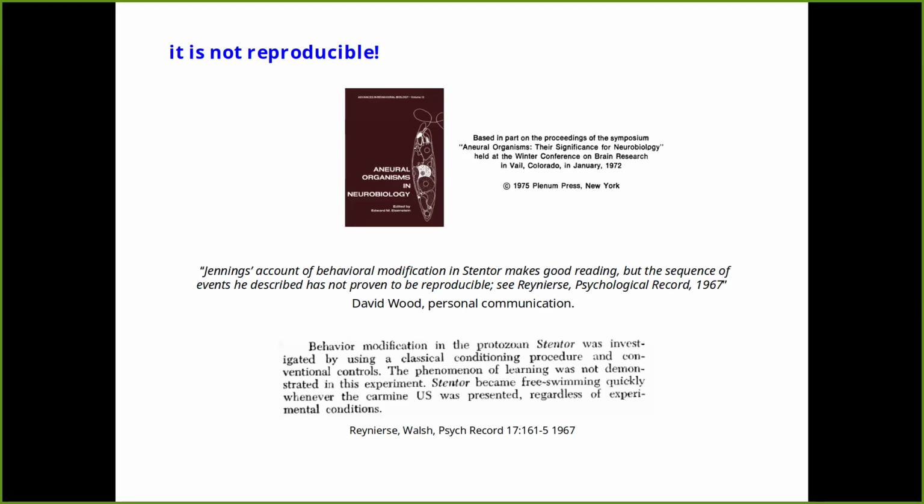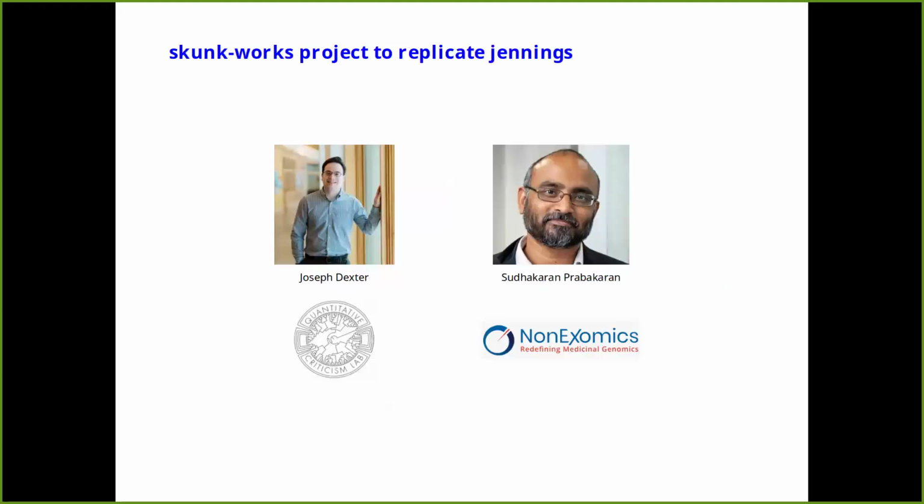Okay, well, I was definitely not happy with this, and I think I made a real nuisance of myself in group meetings, trying to persuade people in the lab that we really needed to go back and do Jennings's experiments again. And I have to say this went down like a lead balloon because most of the people in the lab want to do molecular biology, not stare down the microscope and do kind of 19th century natural history. Or they wanted to make mathematical models of cells or whatever. And then eventually, over time, the right people came to the lab, right in the sense that they were crazy enough to actually think that this was an interesting thing to do.